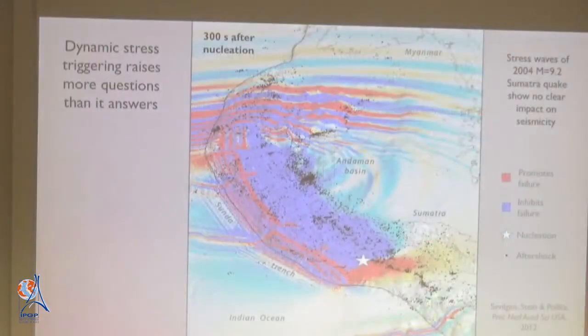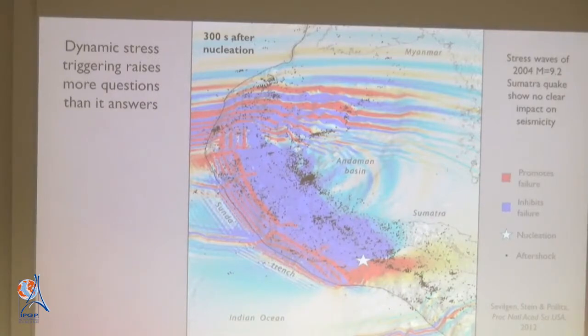Where does this lead us? We've done other studies of dynamic triggering. This is the 2004 earthquake. And basically, in this big case, the dynamic triggering is a very complicated beast because those waves are bouncing off lower layers and coming back up, and the rupture is speeding up and slowing down, and all of that starts to matter, so it's a difficult business.